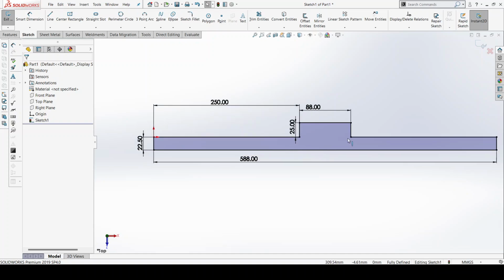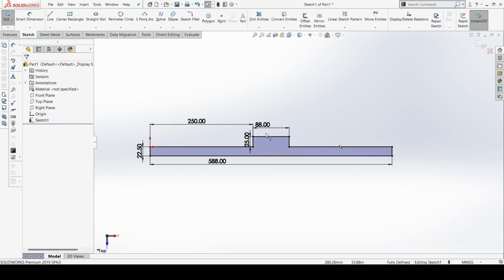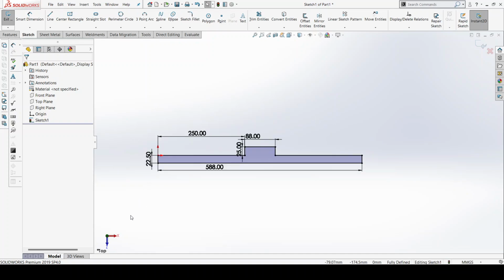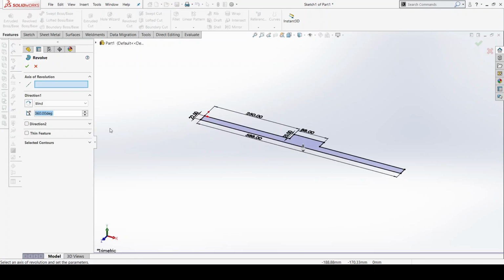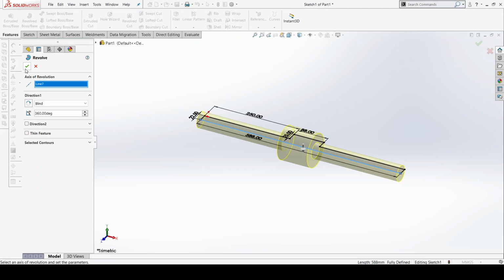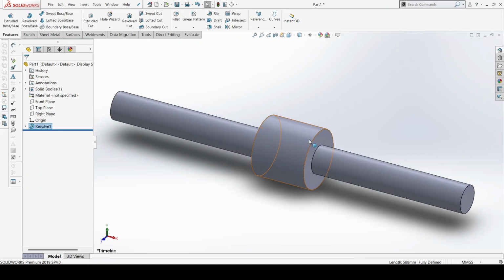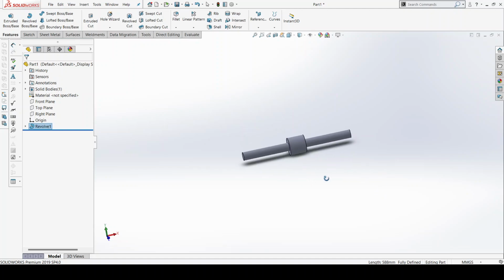So this is it, this is the shaft. So I'll be adding the Revolve tool to place so that you can all see how this comes out. So they are telling me axis of revolution. I'll select this, and boom, this is it. So this is the shaft that I'll be using,